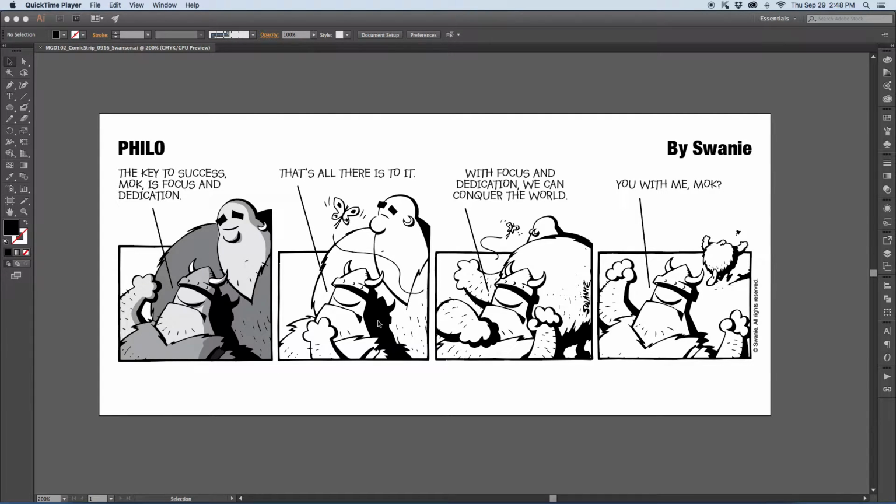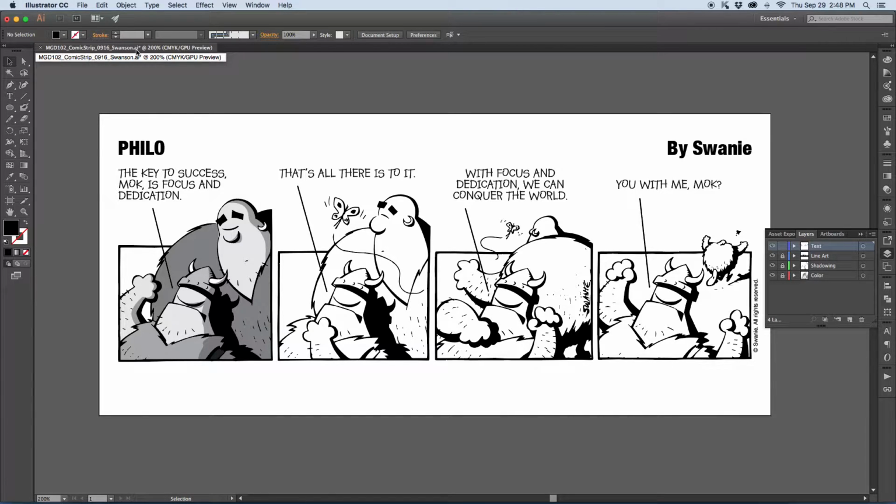Alright, so imagining you had everything finished out in the comic, we now want to just get it ready for final output. In some cases, if you're just sending this to a professional printer, they could very well take your Adobe Illustrator file. The only thing they would ask you to do ahead of time is to outline all of your text and possibly convert all your strokes to shapes. And to do that, it's not too hard to do it. It just depends. So if they say they could accept an Illustrator file, but all text has to be outlined,